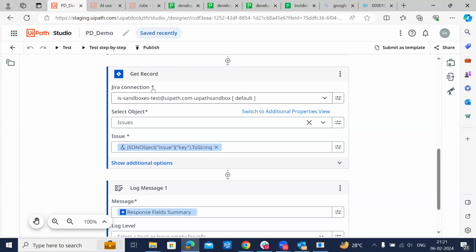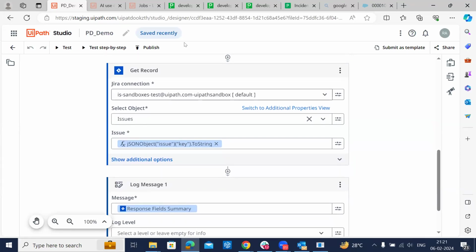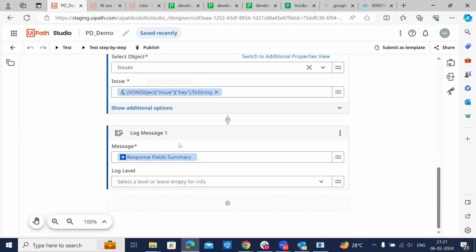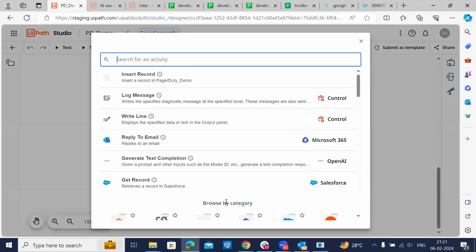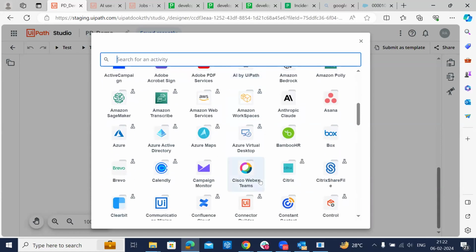And then I'm saying I want to get a record of Jira. And from the record, or rather from the webhook that I'm receiving, I'm taking the issue key and then passing on that issue key. Now I'll be passing on that issue key to the PagerDuty that we have created. Now, if we look at it,